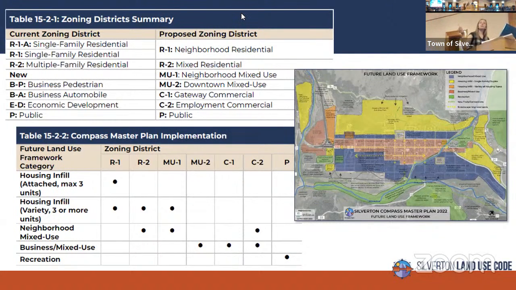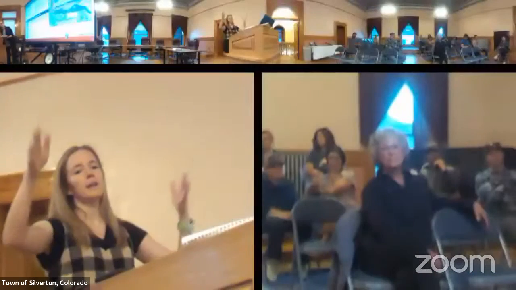The only place land dedication is in the land use code is in the subdivision regulations. For a bigger subdivision it's 10% of the land, but you could also pay what's called a fee in lieu, cash the town could then use to build a park elsewhere.